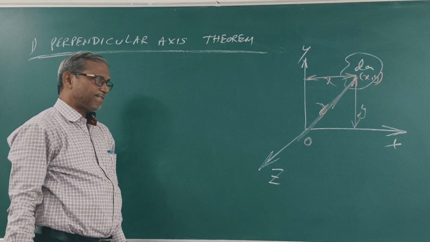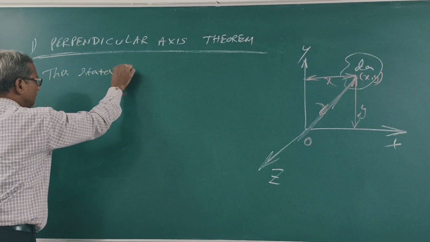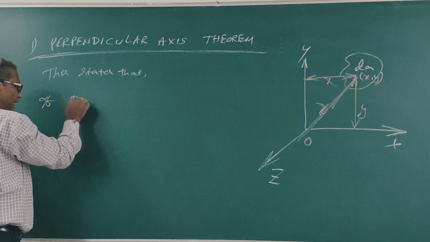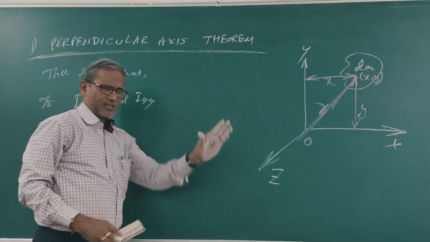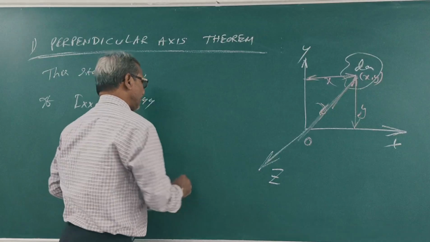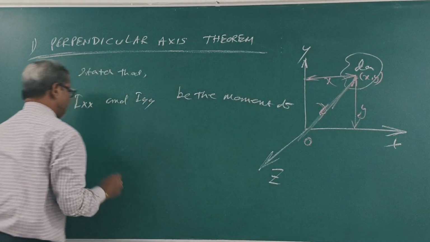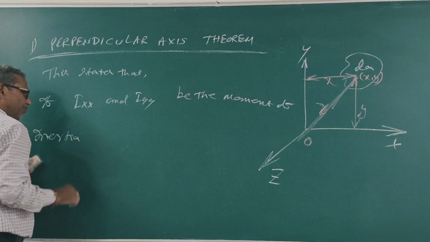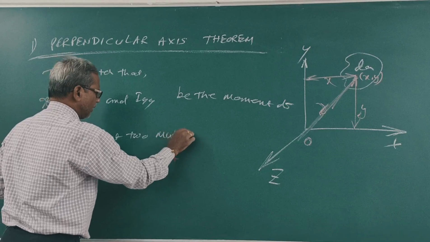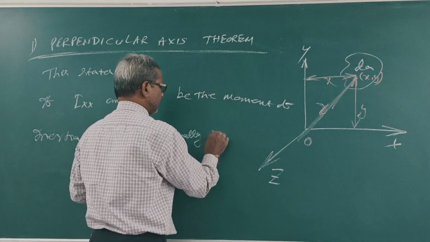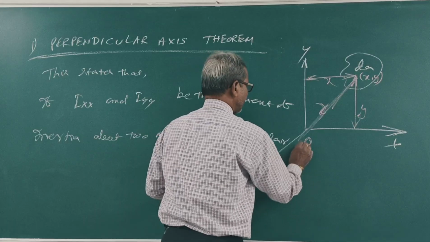This states that if Ixx and Iyy be the moment of inertia about two mutually perpendicular axes x and y,